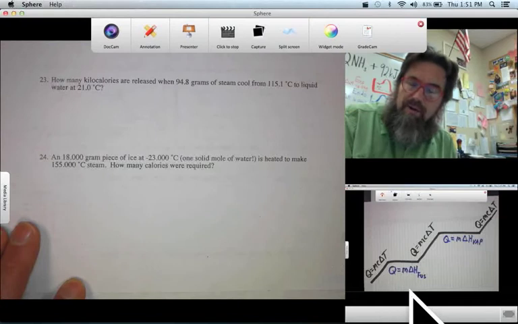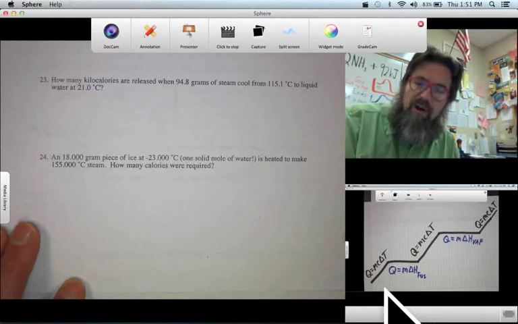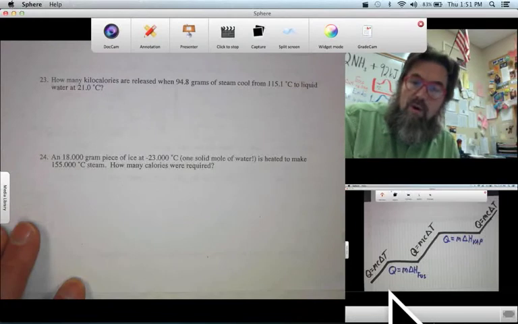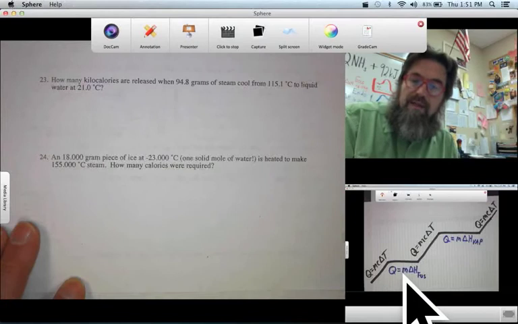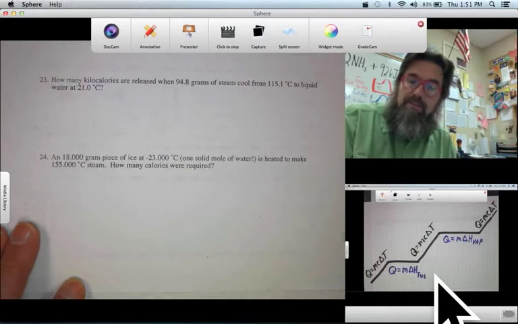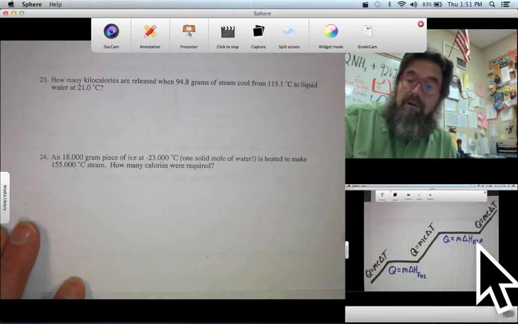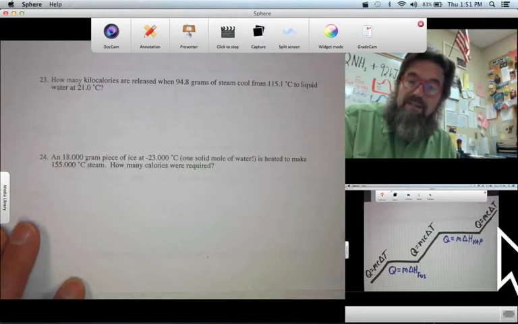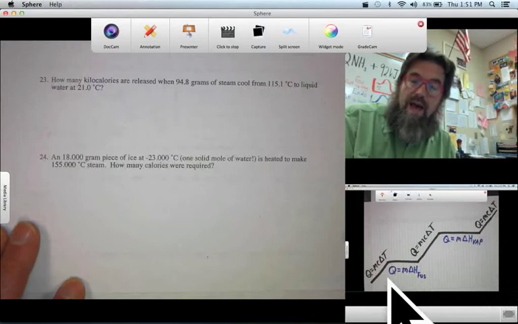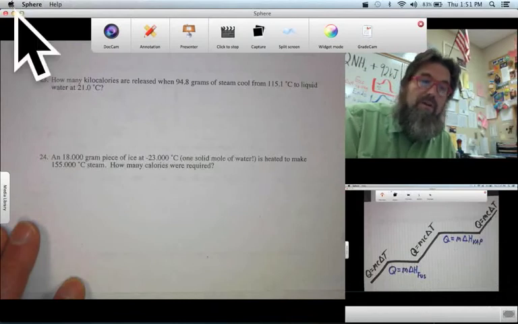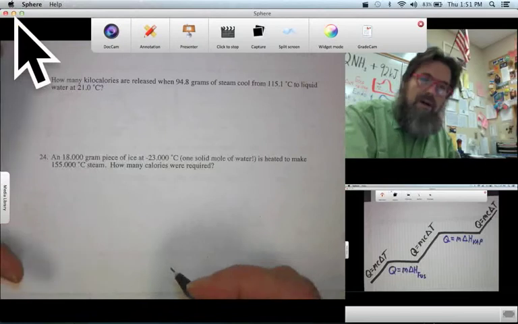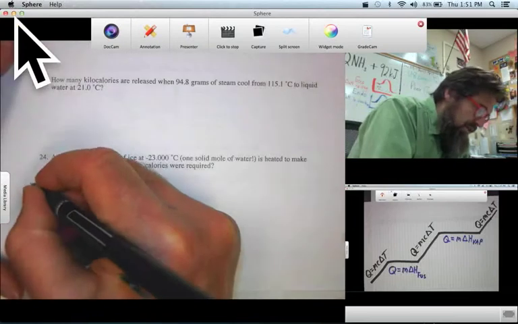And if we look at this diagram I have in the lower right of the screen, we see this is a 5-point question. We start off with ice at minus 23. We warm the ice, and then we melt the ice, and then we warm the liquid water from 0 degrees C to 100 degrees C, and then we boil the liquid water, and then finally we heat the steam. So there's 5 separate calculations we're going to add up. And we'll draw that over here on the left. Let's do it. Okay, so we start with ice